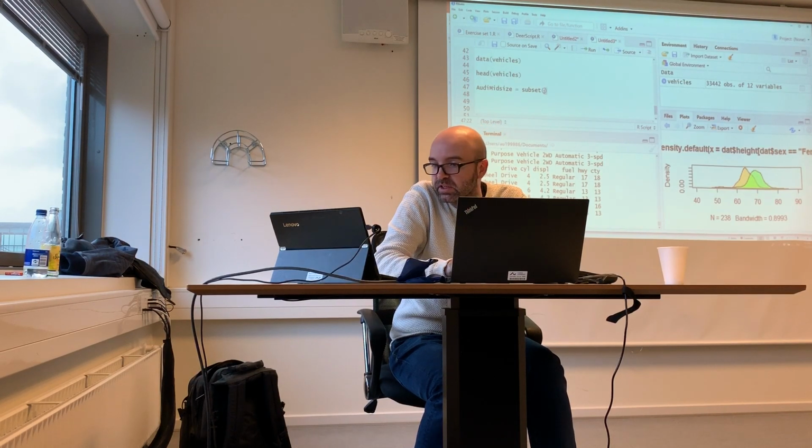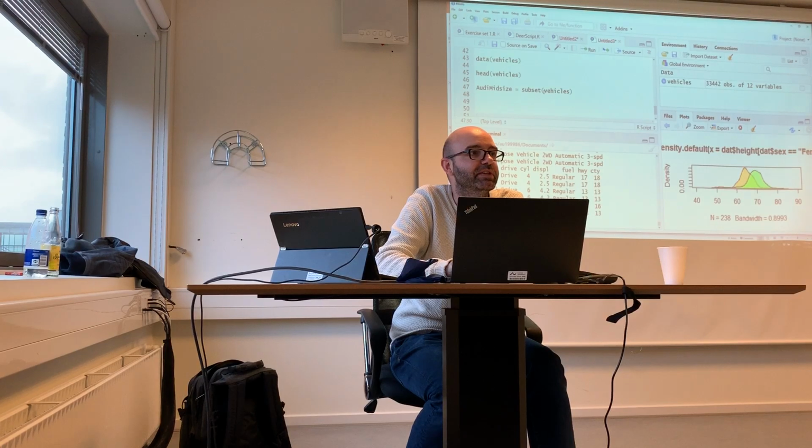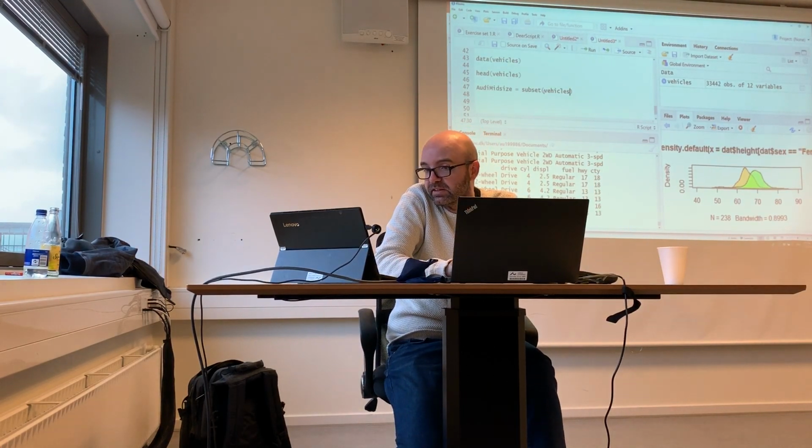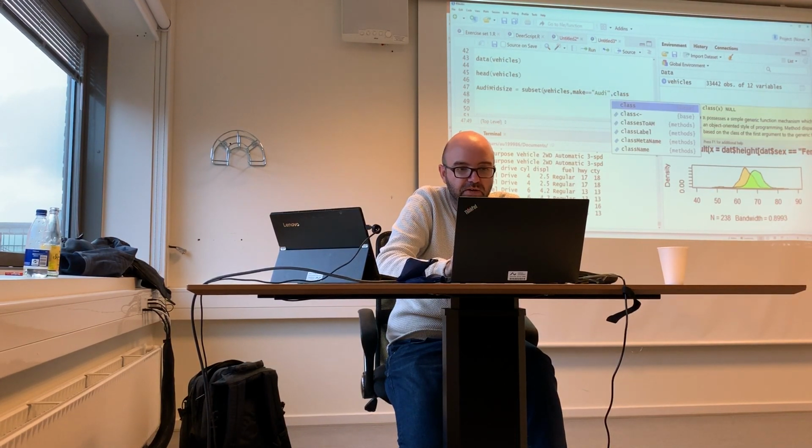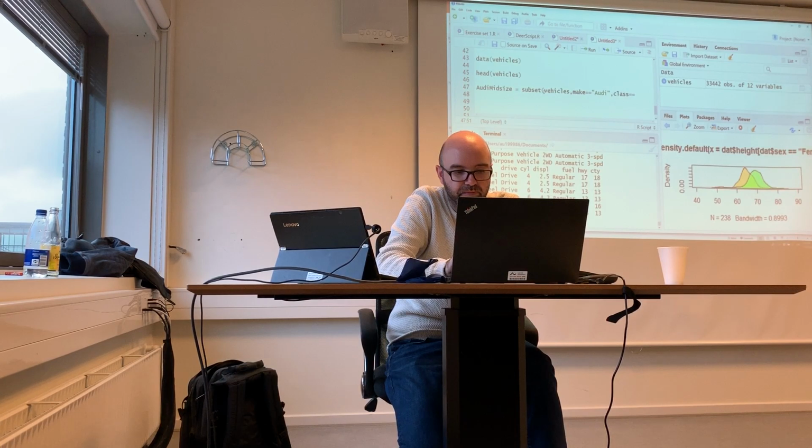So subset, the first thing we put is our data frame. Trying to keep everything super, super consistent. It's our data frame that we're interested in, which is vehicles, and the conditions that we want to look at. And those conditions are the make. We're making the Audi array. So we want the make to be equal to Audi. And we want the class, because we're interested in mid-size cars only, to be equal to mid-size